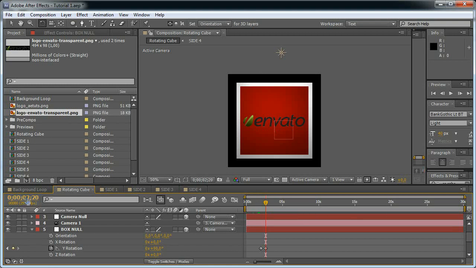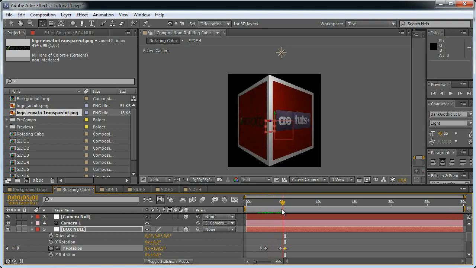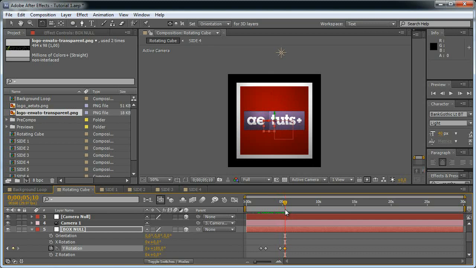And move 2 seconds forward, set a keyframe, move 20 frames forward and make it like so. And as you can see, this is our animation, and basically this repeats over and over